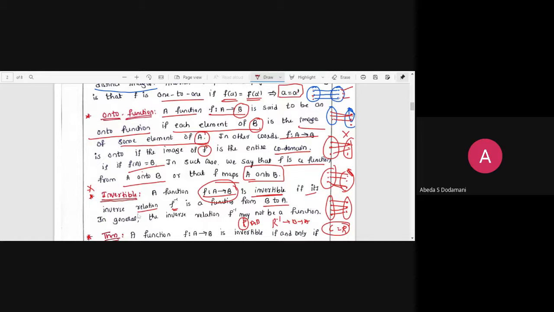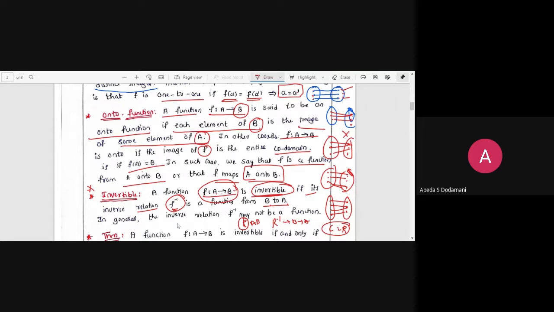Okay, so they are connected again. If you have just a relation, we can talk about the function, we can talk about 1-1 onto. When you have the inverse function, we can talk about the inverse relation. So when we talk about the inverse relation, we can talk about the inverse function also. So we also call it as, in short, we can call it as invertible. The function is invertible. If you have the function f from A to B, then f inverse will be from B to A. So A to B means the relation is from A to B. F inverse is nothing but it is the inverse relation, it is from B to A.